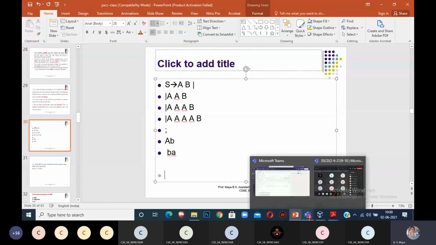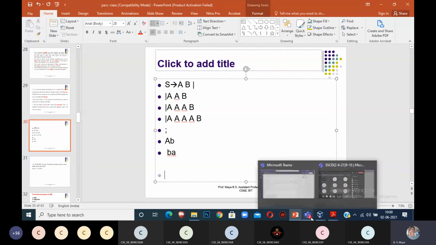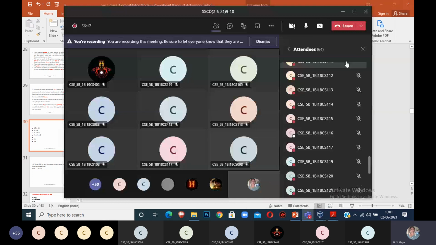This is for the second program. The second program has only one program. Those who get this program are the luckiest people. Simple program. You will not get A and B anything.